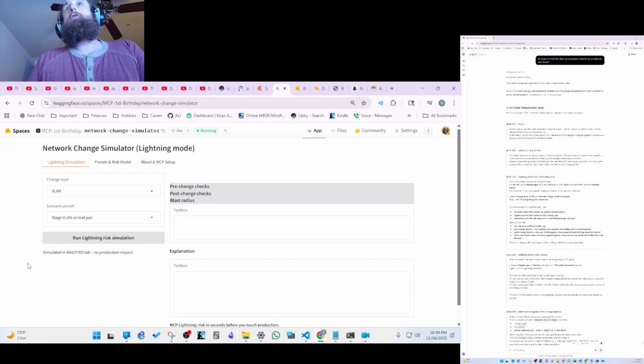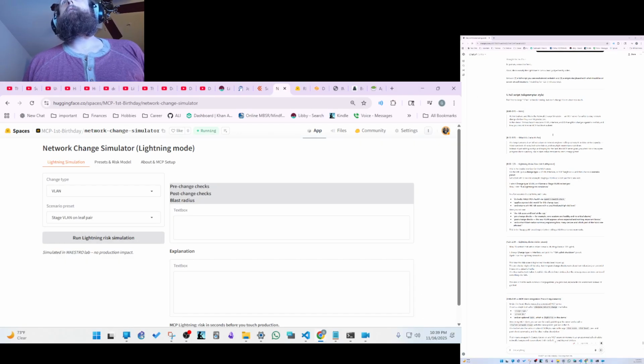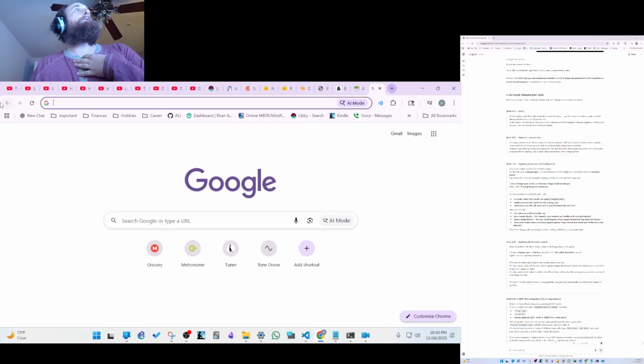So in this demo, I'll show how it simulates VLAN interface and BGP neighbor changes against a real lab, and how you can call it as an MCP tool from a client. The target persona is an infrastructure or network engineer rolling out. So the target persona is an automated AI agent doing network engineering work, either by running playbooks or actually running things manually or whatnot. I can actually demo that if I go to